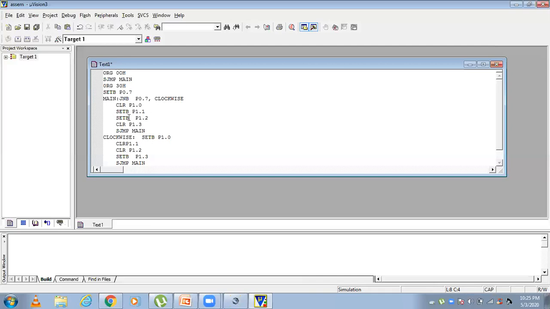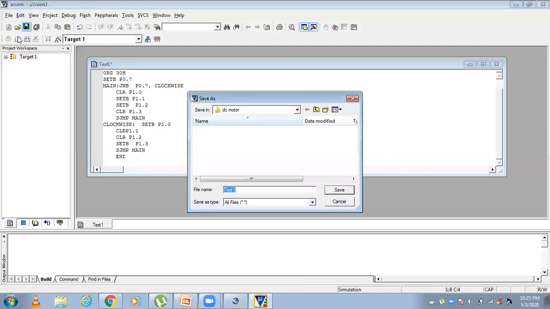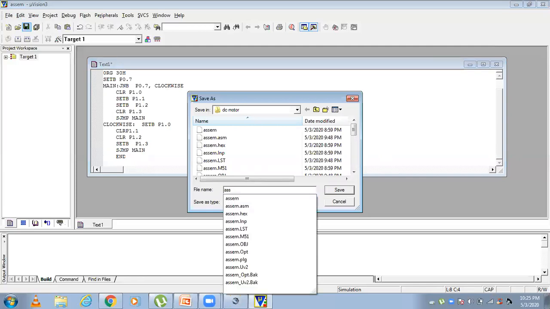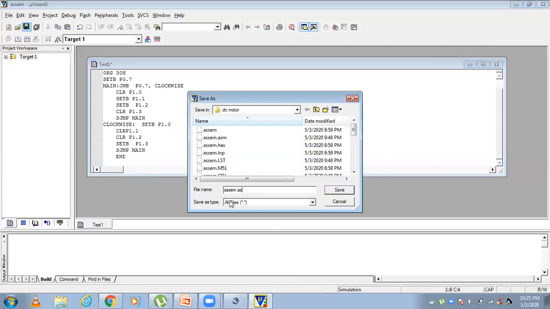If it is 1, then it will execute the next instruction, that is the anti-clockwise direction. Then end the program. That's it. Save the file as assem.asm.